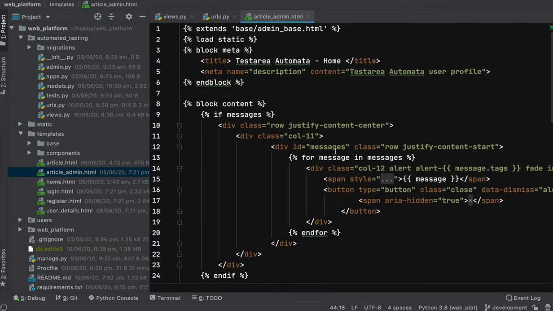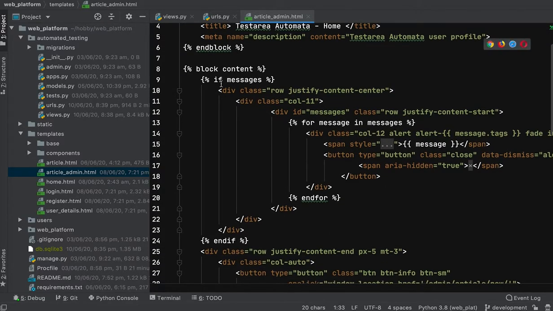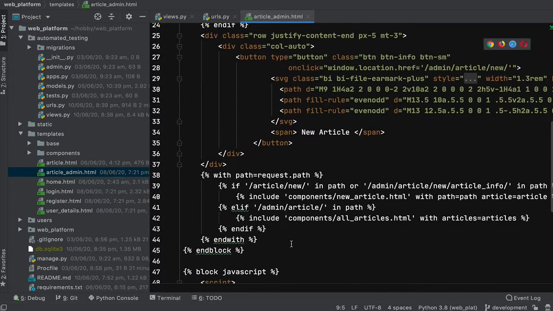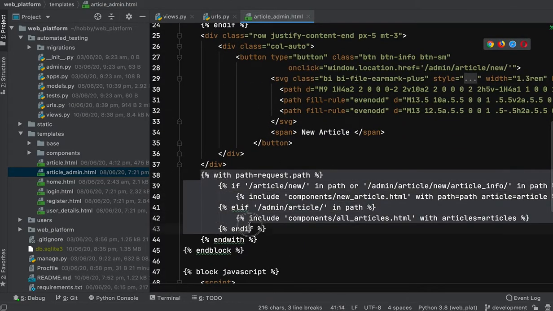In this template, it extends from the base. We will take a look at what admin base is when we discuss the templates in depth. It has all the flag messages to display, and the necessary conditions to decide which HTML needs to be loaded.